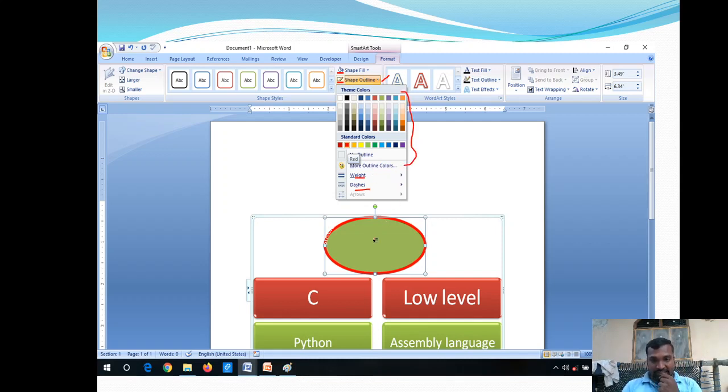Here, this is the already existing graphic shape. For this shape, this red line indicates the outer line. Here the outline has some thickness. Why? Because I chose a high weight, so the outer border is displayed clearly, and I am applying some red color here. If you want a dashed line, go with this Dashes option. In this way you can change the shape outline.